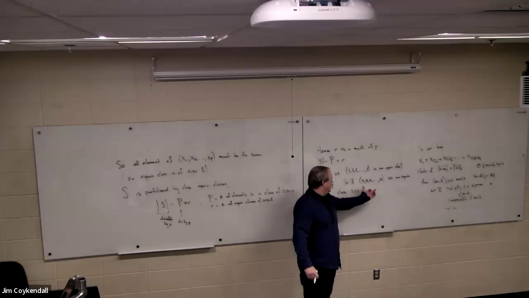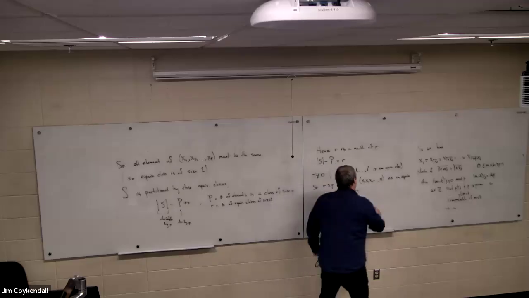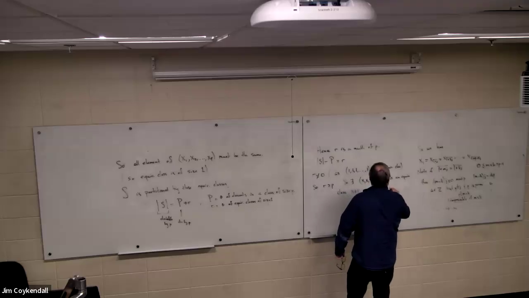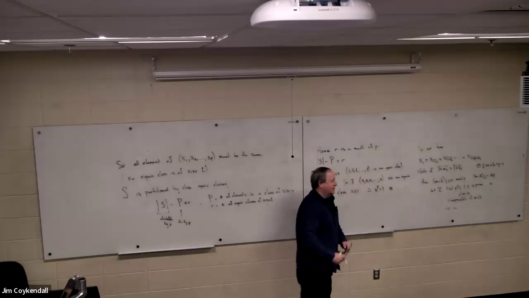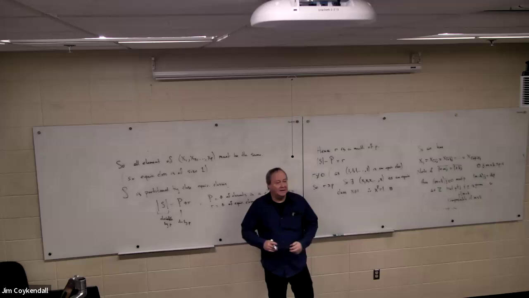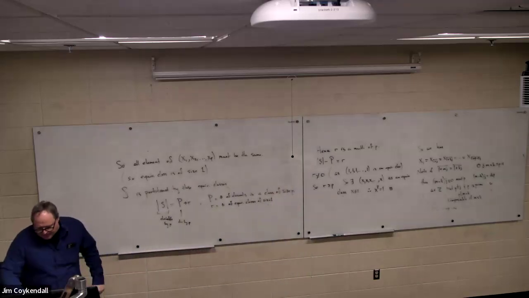So there must be an equivalence class that looks like this, with X not being the identity, right? Because these equivalence classes of size 1 all have to be the same across the board. Therefore, X to the P. Because remember, all these sequences satisfy this, that the product of all those is the identity. So we have proved that